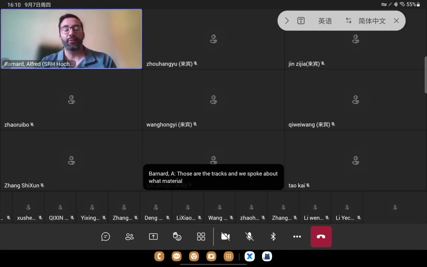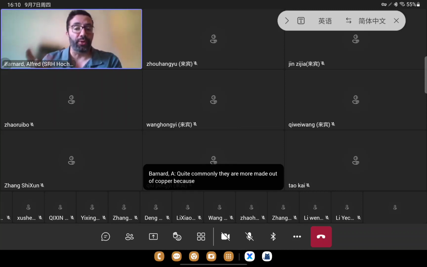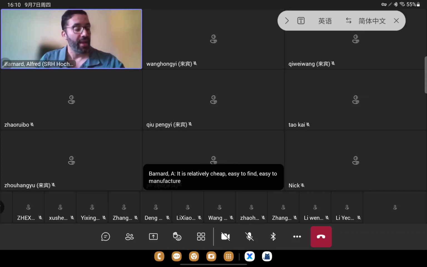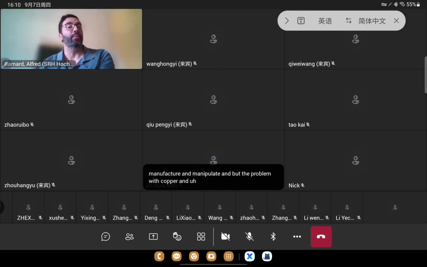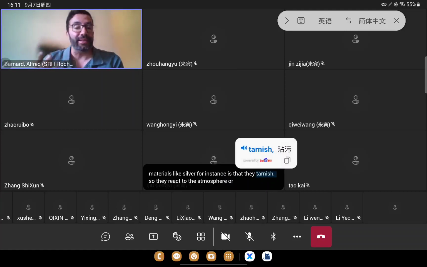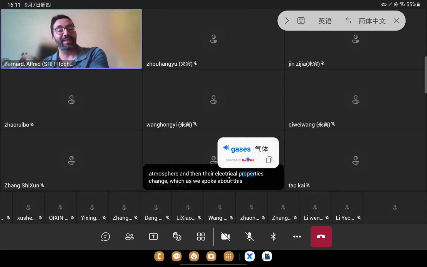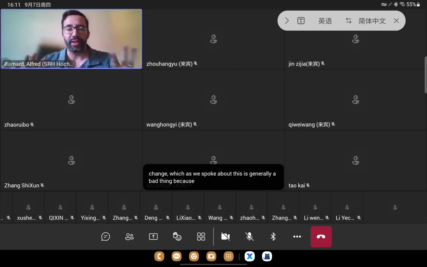And we spoke about what material they are made of. Quite commonly, they are made out of copper, because copper is a very good conductive material. It is relatively cheap, easy to find, and easy to manufacture and manipulate. But the problem with copper and other more conductive materials like silver, for instance, is that they tarnish. They react to gases in the atmosphere, and then their electrical properties change, which, as we spoke about, is generally a bad thing, because if you design a circuit, especially more advanced or high